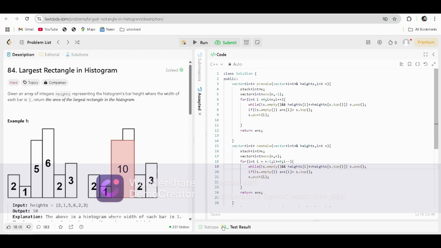Hey guys, welcome back. So we are solving another question in the stack series: largest rectangle in histogram. It's question number 84. The question gives you an array, which is actually the heights of the bars,